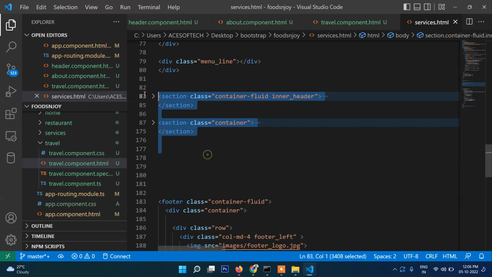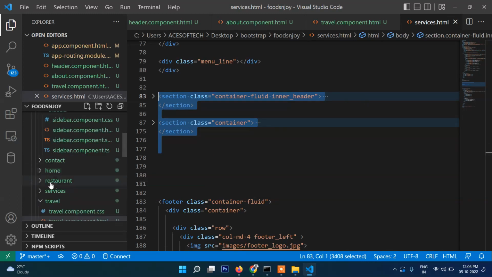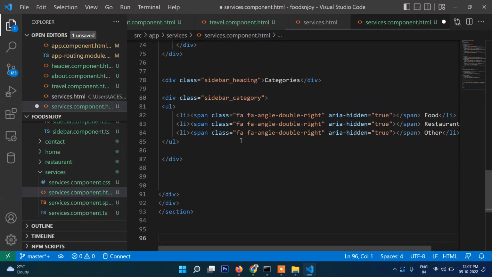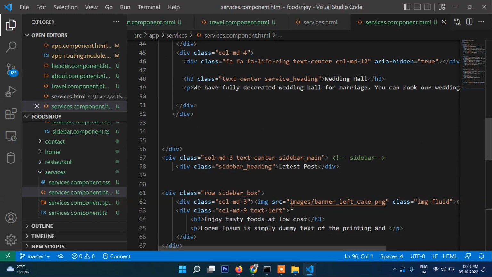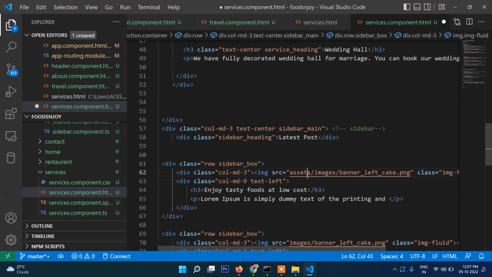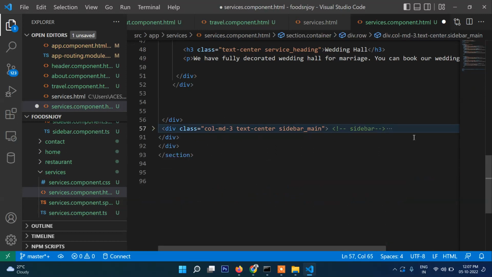So we just need to copy this one. Let's go to services page here and just paste. Yeah, this is sidebar, no? So rather we will once again call here app sidebar, app sidebar,